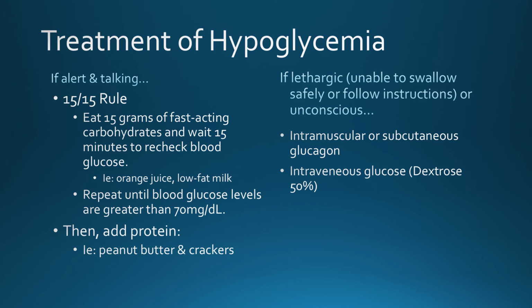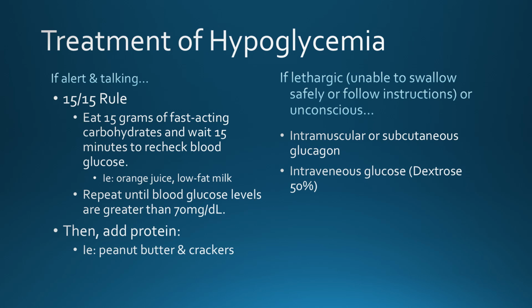Once their blood sugar gets greater than 70 milligrams, then we are going to add protein, so something like peanut butter and crackers. Carbohydrates work to quickly increase the glucose level. Protein helps to sustain a glucose level. So that's why we want to give both of those so they can balance each other out and sustain that